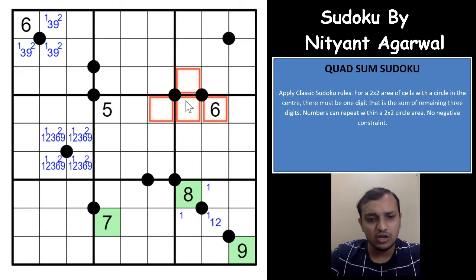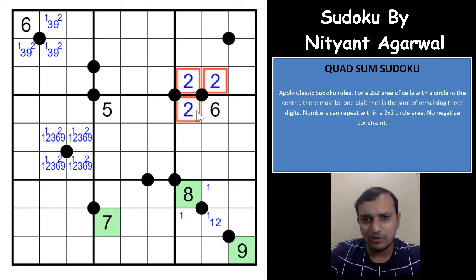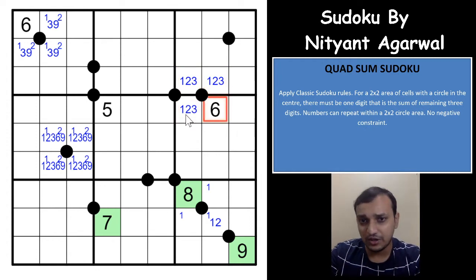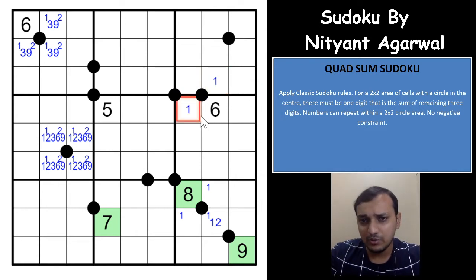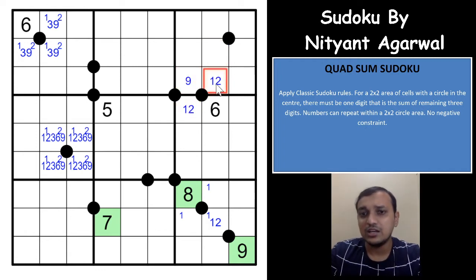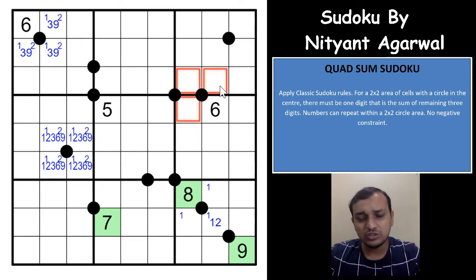which means that can you have a 2 and 2? No, you will have to have a 2 here. Only 1 time 2, 2 times 2 is not possible, and 1 time 3, so it will have to be 1, 2 and 3, right? If 6 is the part of the sum, then what happens here is, you cannot have 1 and 1, it would have to be 1 and 2 only, and that becomes 9. So it is same as this area, it will have to be 1, 2, 3 and 9,